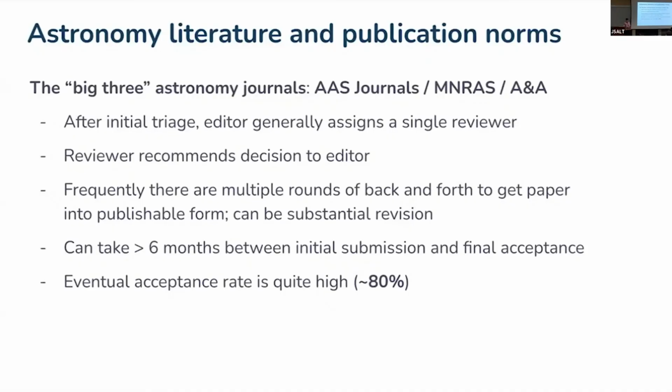So this is also different, I think, from a lot of other fields, where you often will have a ranked ordering of the most prestigious journals, and you'll try one, and if you don't get in there, then you try a second journal, and keep trying down the list. But in astronomy, you basically have the set of, these are the 3 prestigious journals, the standard journals. And they all have a high bar. And the idea is that eventually you should be accepted.